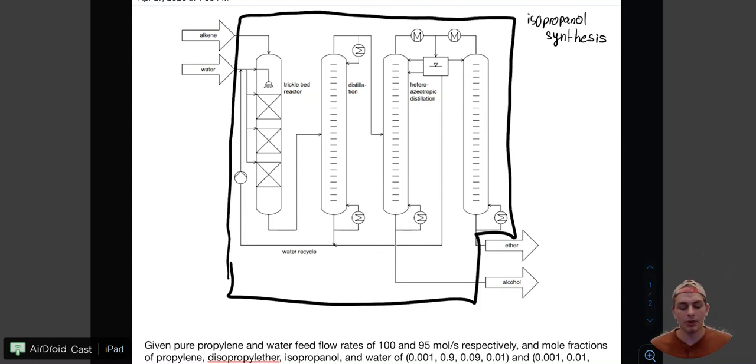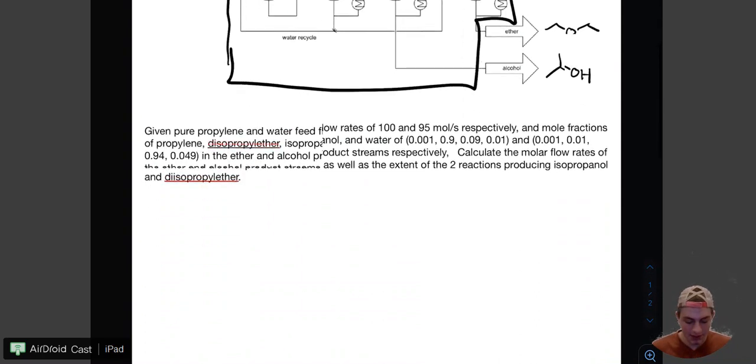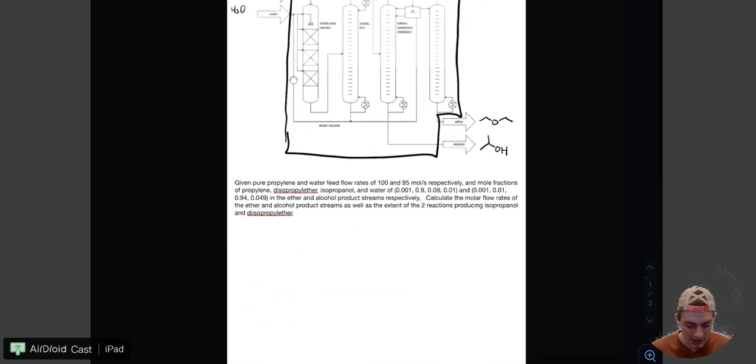And the way that we are going to be able to do this is we have an alkene, this would be propylene, aka C3H6, and we also have water coming in to form the ether, and the ether would look like that, as well as, I believe that would be diisopropyl ether, and then we have isopropanol being formed as well. Now, from here, the first thing to do is to go ahead and write our balanced chemical